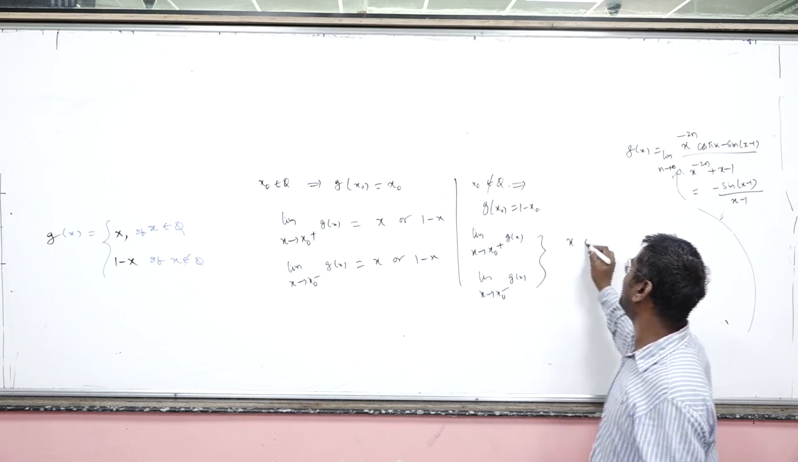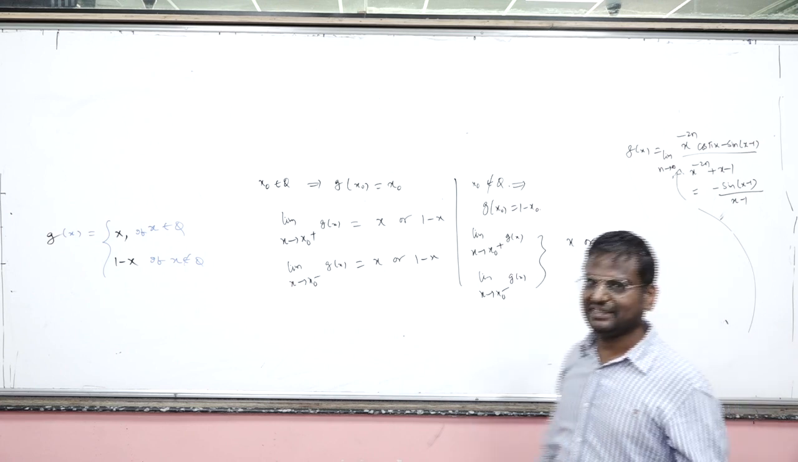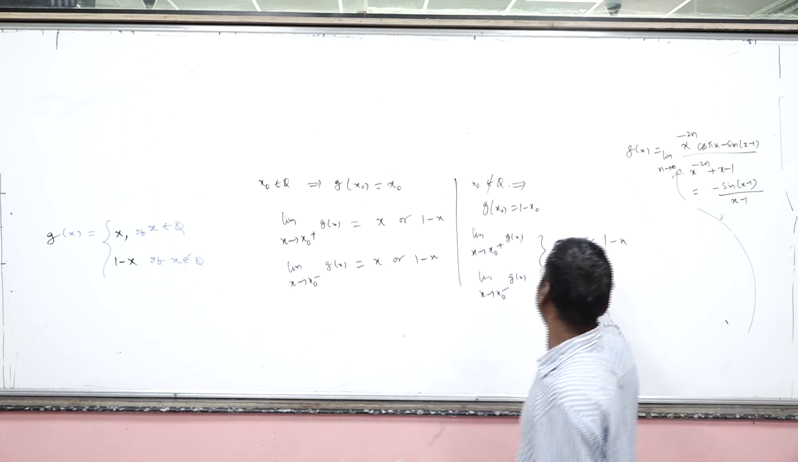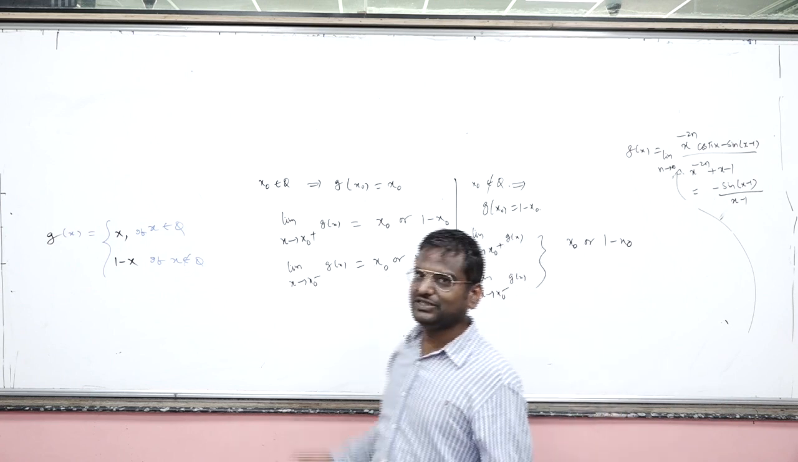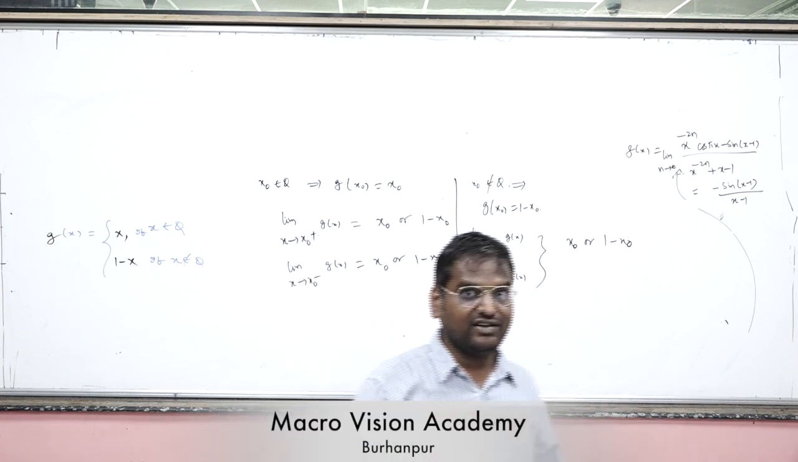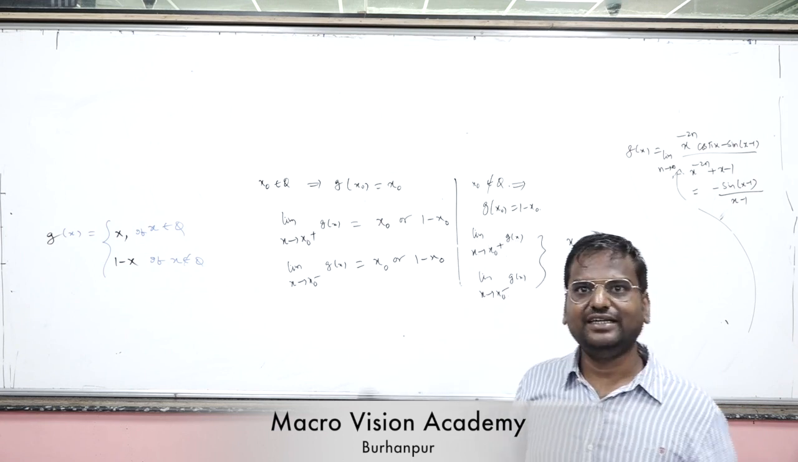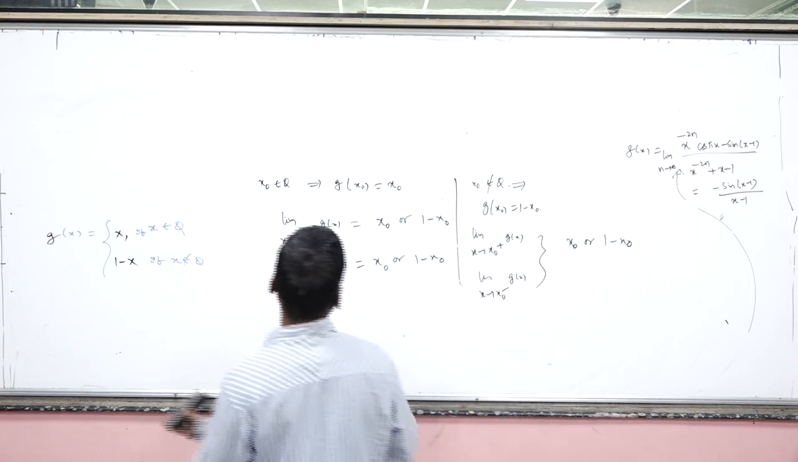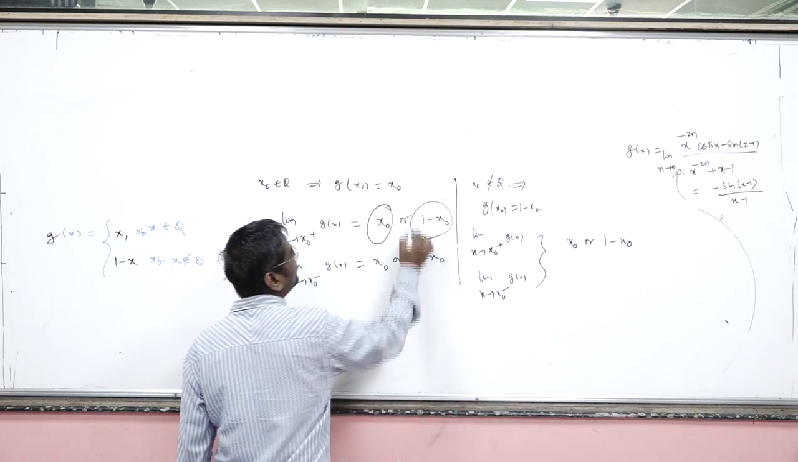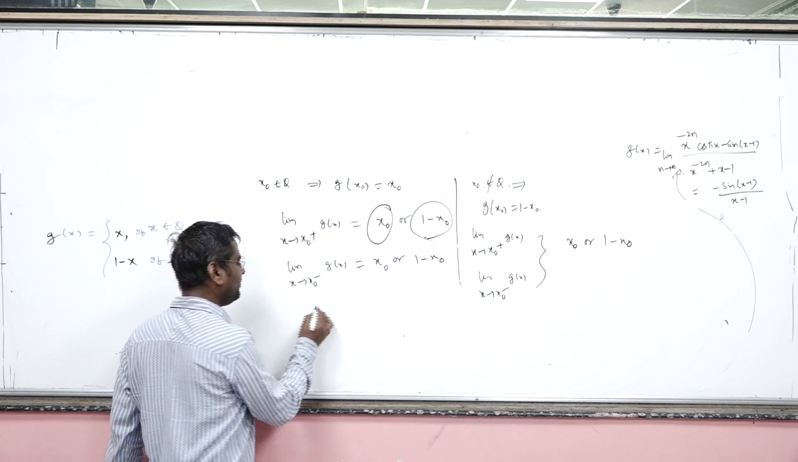Again both of them can be x or 1 minus x, or x naught or 1 minus x naught, whatever. But I can't say for sure which is this. So, should I conclude again that definitely it is discontinuous at every x? No. Because although there is one ambiguity, whether it is x naught or 1 minus x naught,